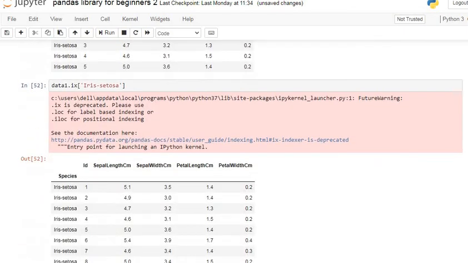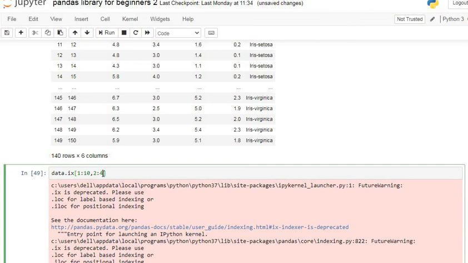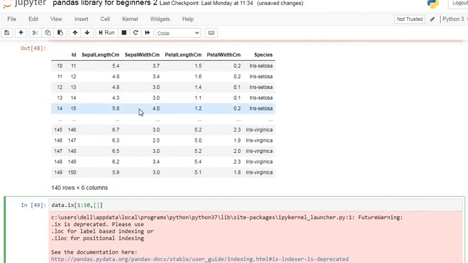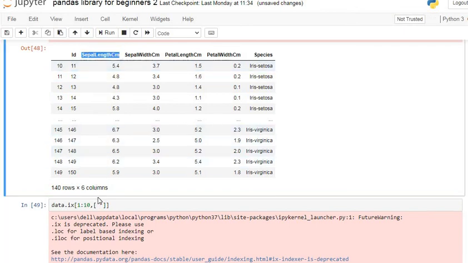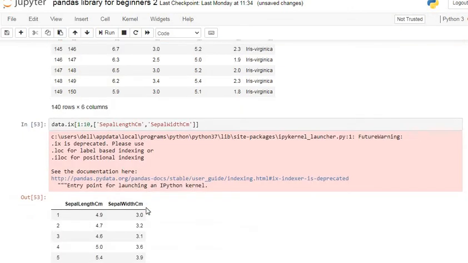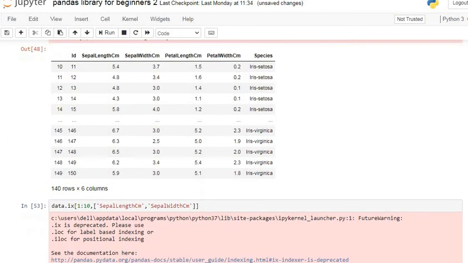So you can see here, let's say we change the numbers to strings. Let's specify the string name of our column. First I specify sepal length. Let's see what we get in the output. After that I again specify another column. Let's see what we get in the output. So it's working. You can specify the name of a column also.